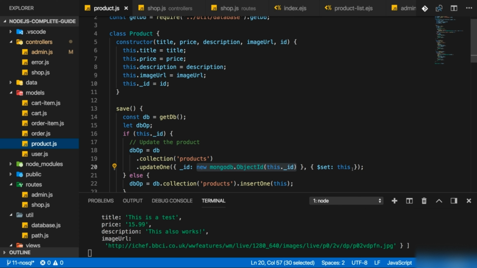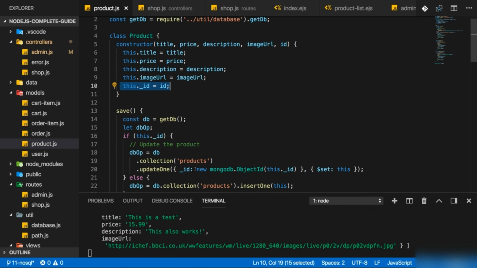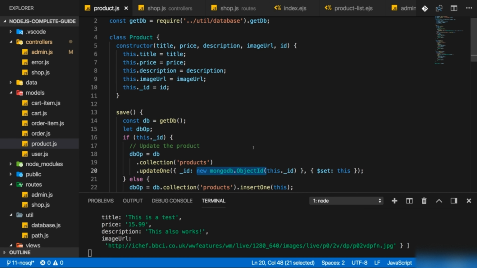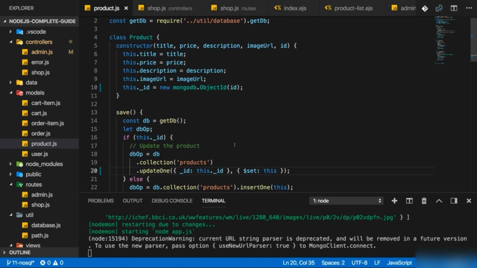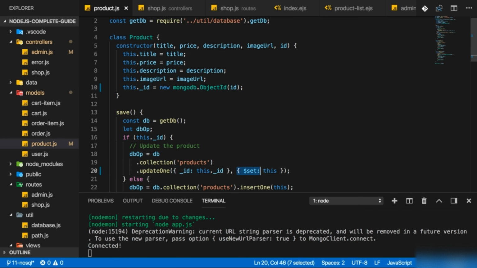But I'll have a problem when updating it, because there I'll try to set my object ID to a different object ID, to a string, because here I'm just referring to this, which will hold the unmodified object ID. So what I should do is automatically convert the ID here, which is a string, to an object ID object in the constructor so that I can remove it down there, because underscore ID will now always be an object ID field, no matter if I'm using it in a filter or